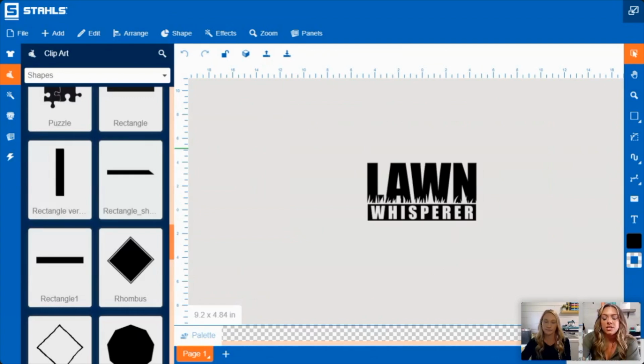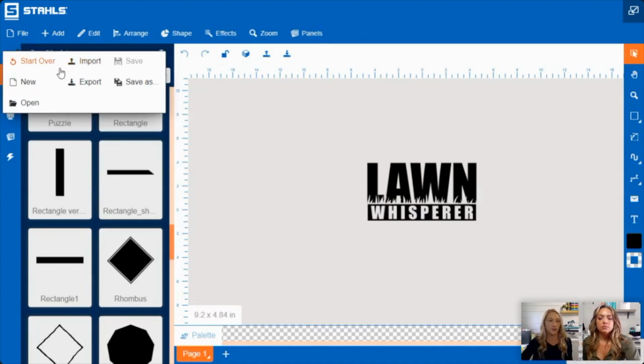And then one more question from Carl. This one's for you, Sarah. Why is it whenever I use the vectorizing tool, it distorts the image? It never comes out as clean as the grass example just did. So that all depends on the resolution of your image. If you upload a really, really low resolution image, it's not big enough for the software to be able to connect the dots and vectorize it. There is the option to,